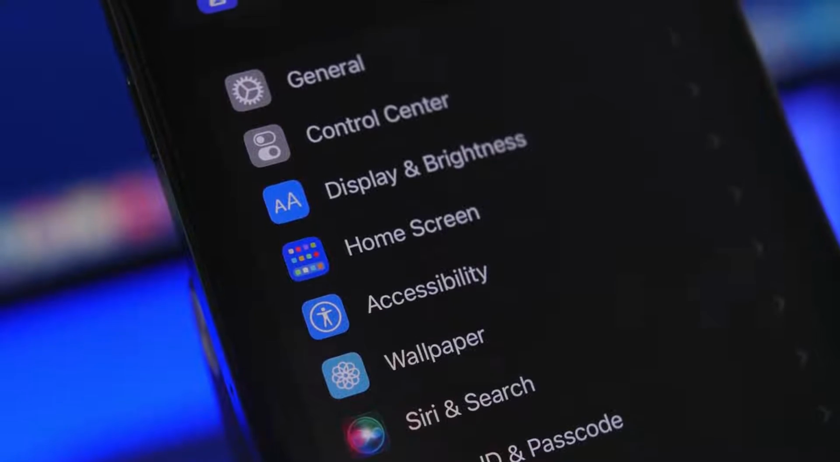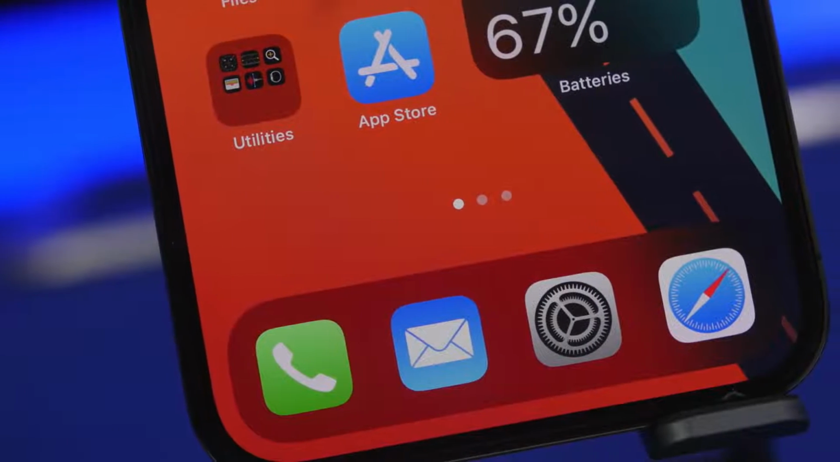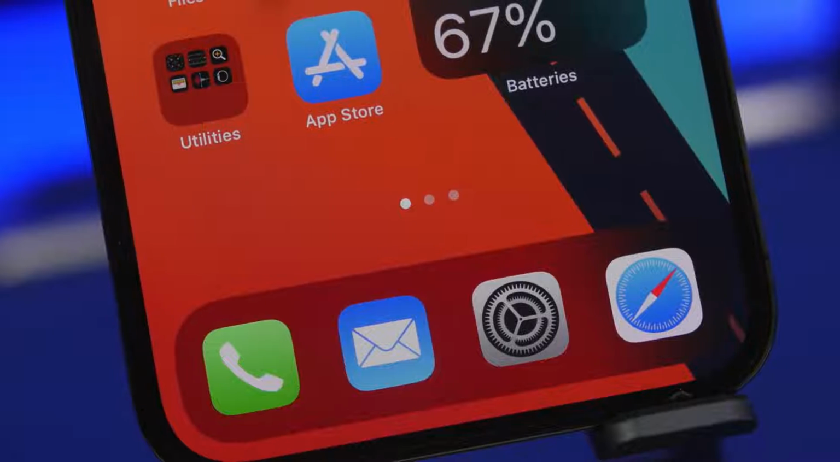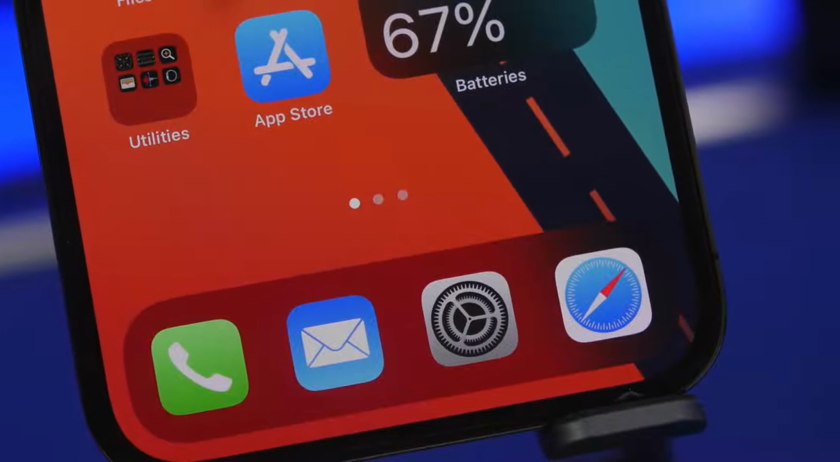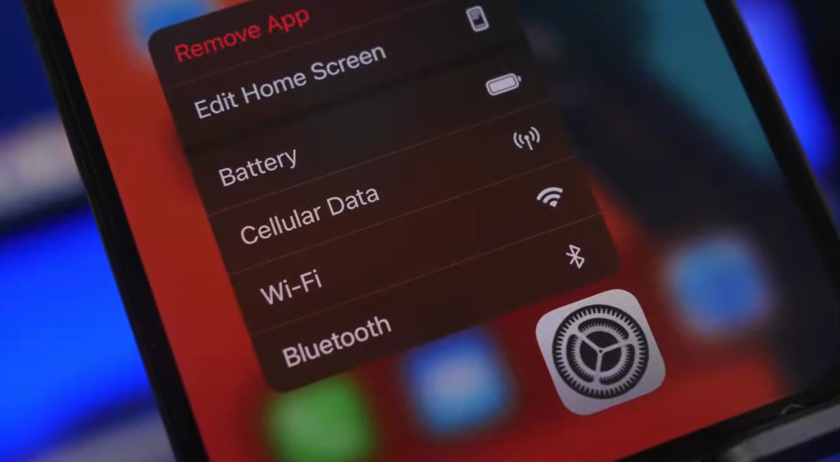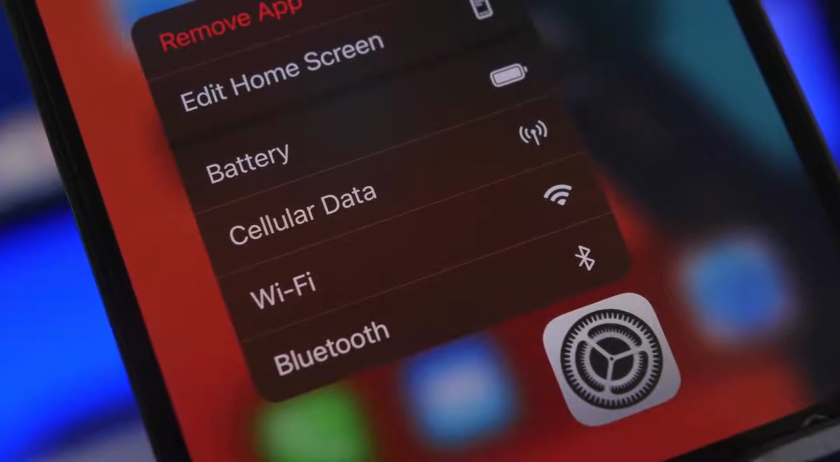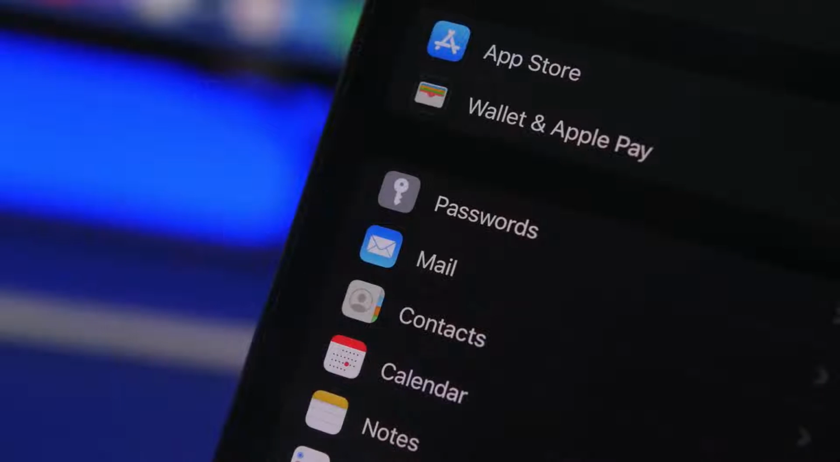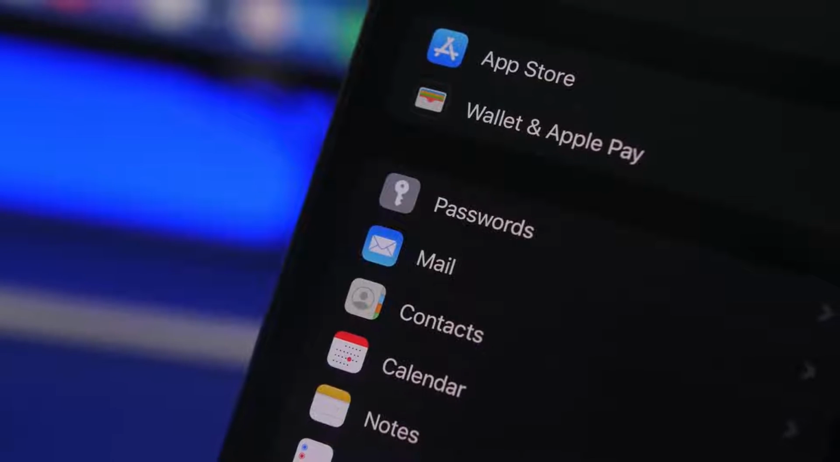Really important iOS 15.5 settings that you need to change right now. Now there are a few new features with iOS 15.5, but this is still a really important update as it is the last big update to iOS 15. So you need to make sure you check out these settings and make sure of course you have them configured